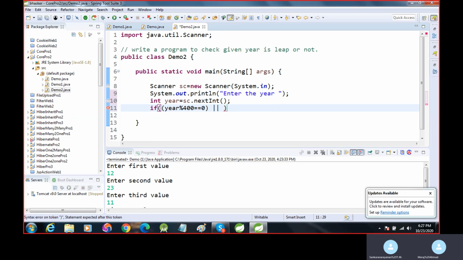Or, this symbol is meant for or, year mod 100 not equal to 0, and year mod 4 is equal to 0.